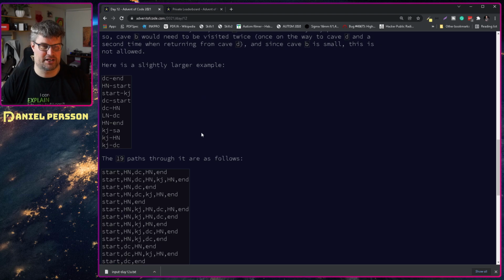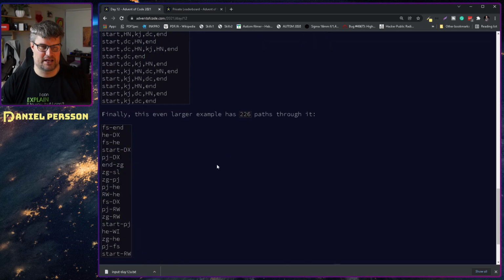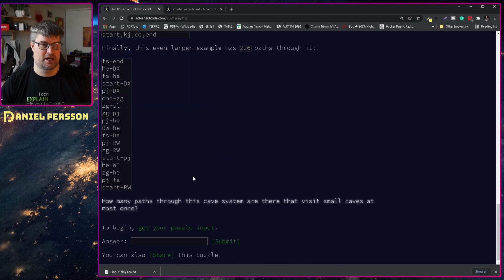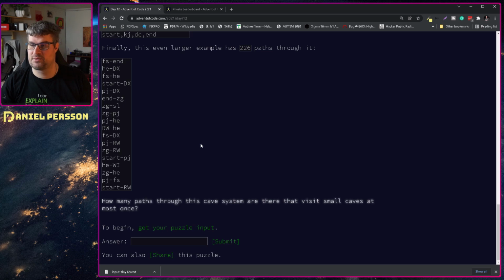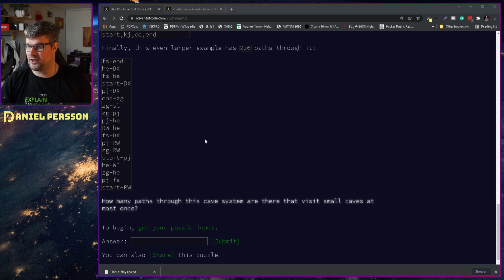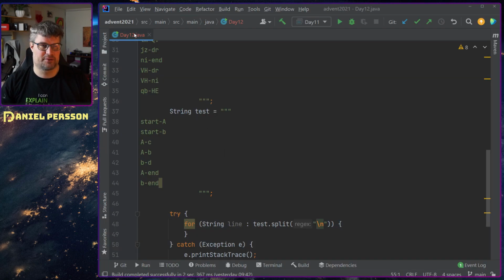A slightly larger example has 19 paths, and then an even larger one has 226 paths. And the example that they gave was even larger, so it would have 10,000 paths or so, but I don't think there is a million paths. Famous last words. So I will try to handle this with a lot of classes. So let's go back here, and we will